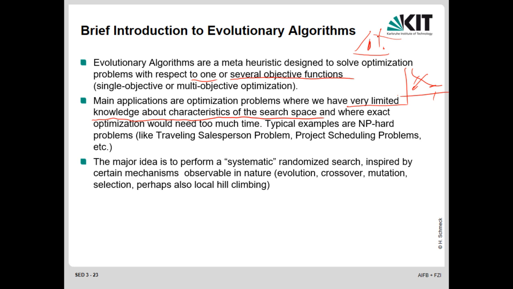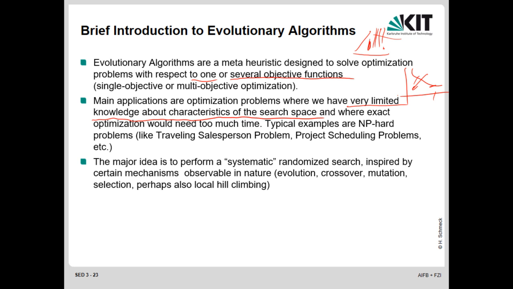But we don't know what's in the vicinity. Maybe here it is even going further up, or the topology or the topography of that search space, or the fitness landscape over that search space, is not known. And so here, exact optimization usually would need much more time. And so we would like to do that with this more pragmatic approach: just try out in a systematic and